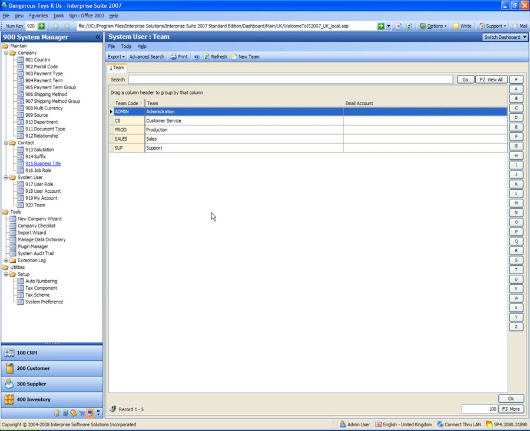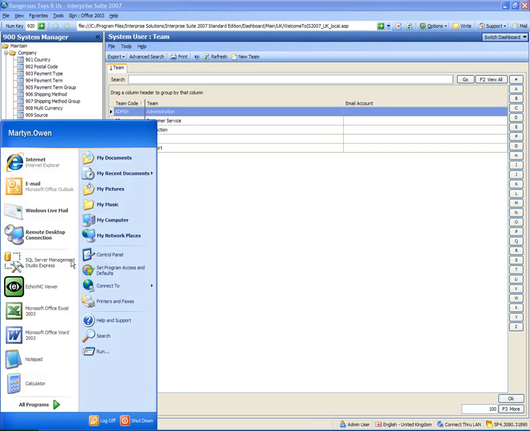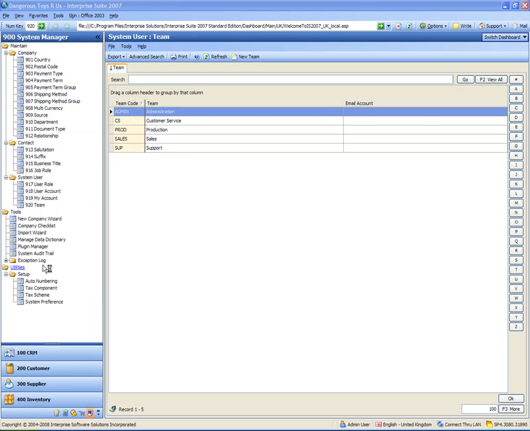Also, because when we're adding fields or anything like that in the data dictionary, you need to be quite careful because it's adding the fields into SQL. We would always recommend that you back up the database first. Now just to quickly show you how to back up a database, if we go into this SQL Server Management Studio tool here,